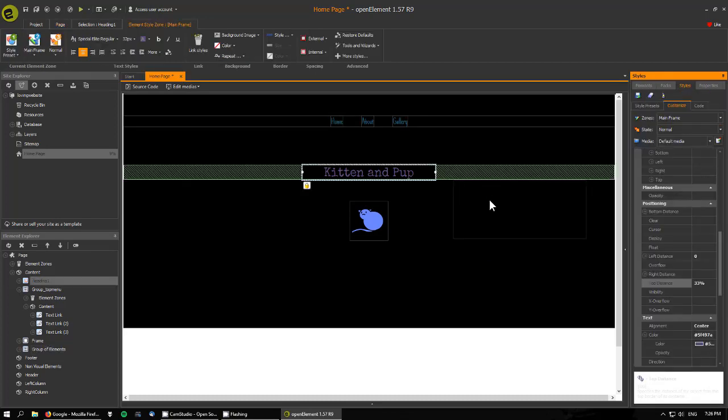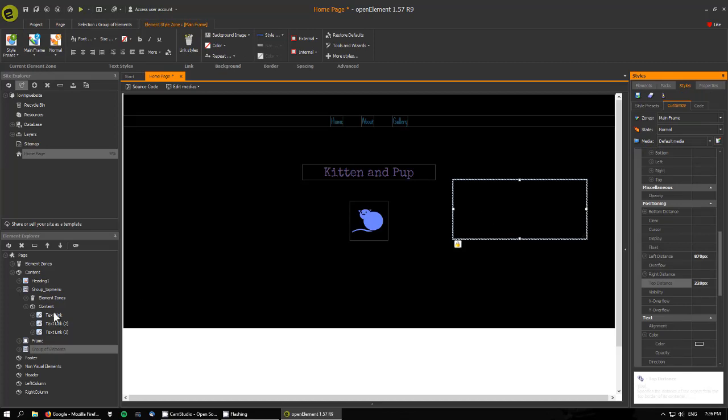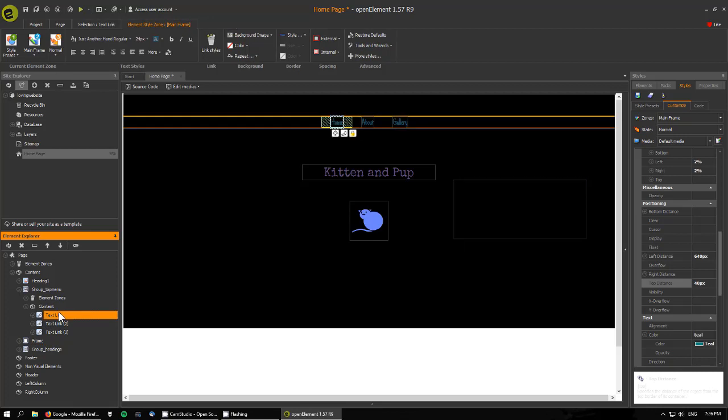So we now have another group of elements. So let's rename this to group headings. Okay, while we're here, let's rename some of these as well. So rename to menu, home. Oh, let's call it link. Link, about,